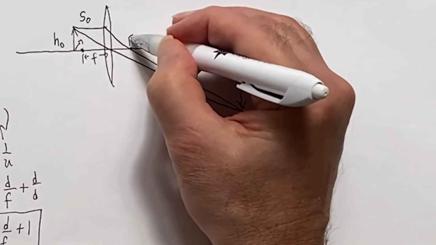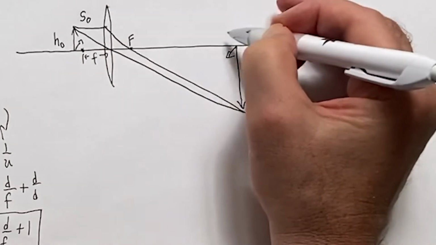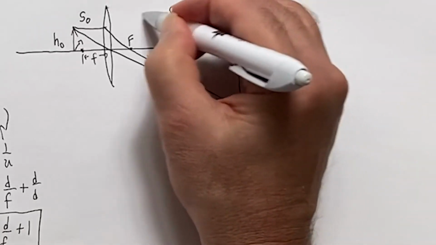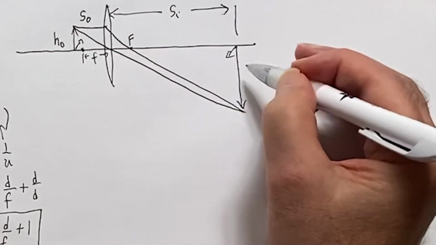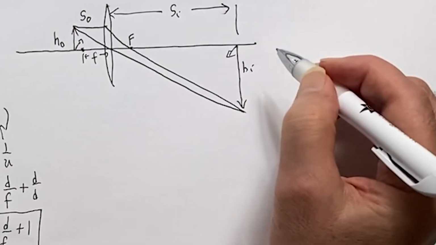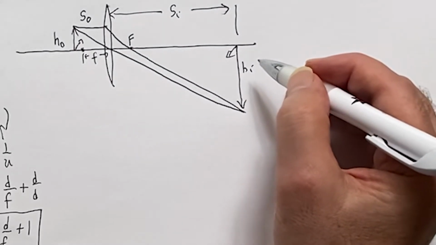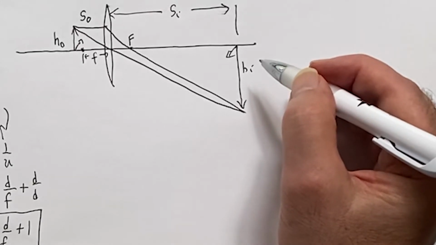This is capital F, the focal point. And this would be your image distance to go out there like that. And this is your image height. Now, a realistic problem here, if we were to look at